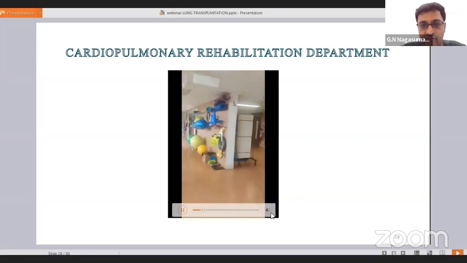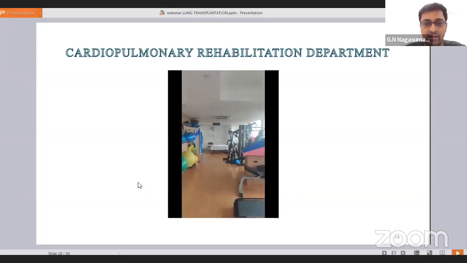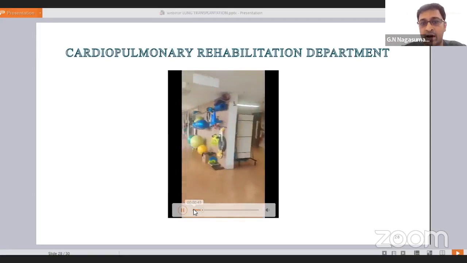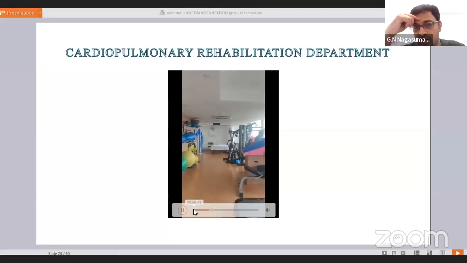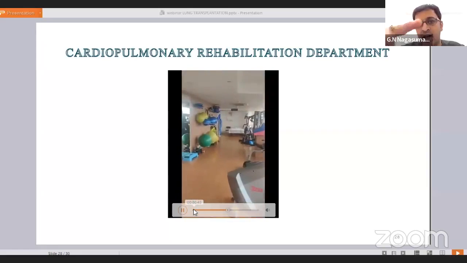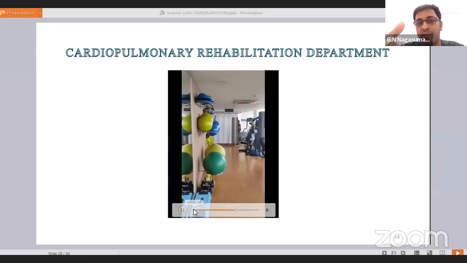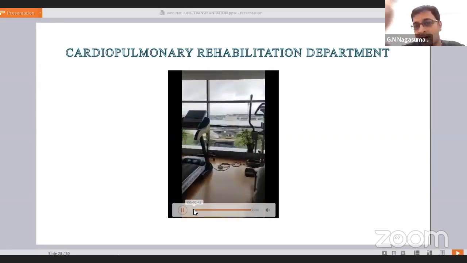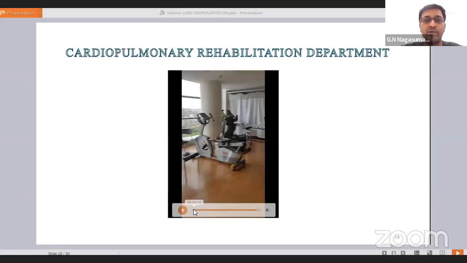So this is our department. It is very well equipped with good oxygen therapy. You can see from the beginning, we have a continuous flow of oxygen support in our department. Here we have an endurance training unit, strength training unit, and a playful unit. For biofeedback, we have a good mirror so patients can see themselves. On the other end, you can see the metro view, airport view, and good greenery, to improve the psychological component, because at the end, the psychology plays an important role in getting very good outcomes.